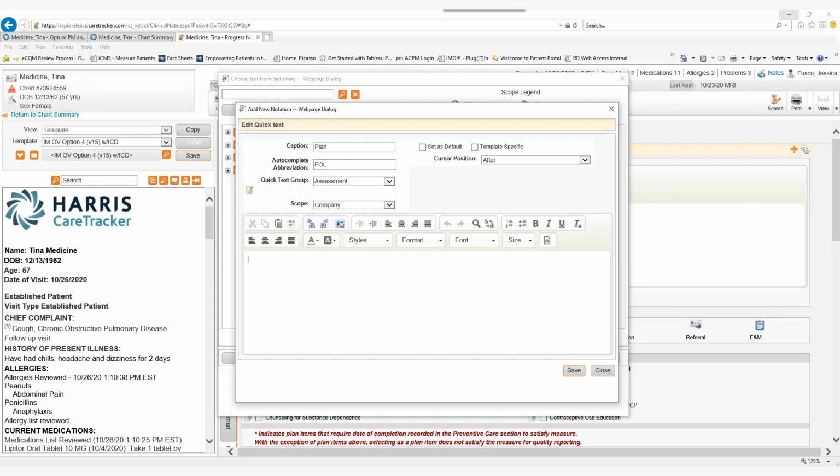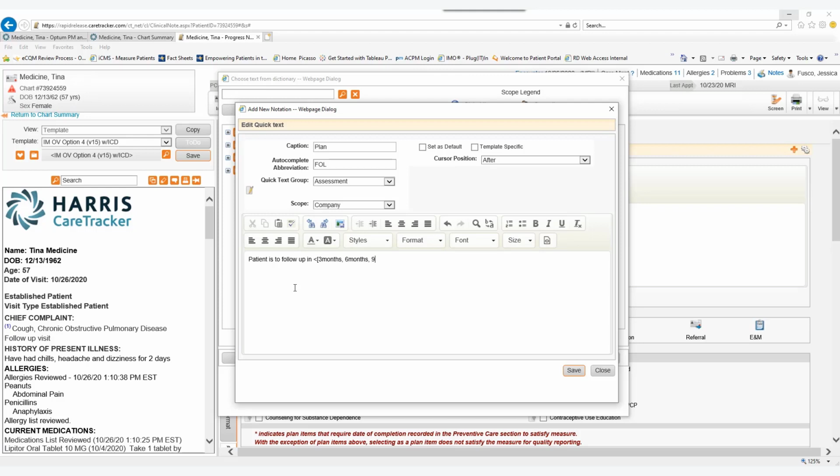I'm going to leave this all the way that it is, and I'm going to create my tab stop. So my patient is to follow up in, I'm going to do choices of 3 months, 6 months,